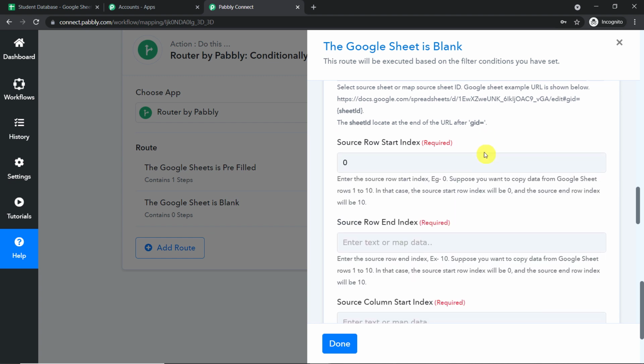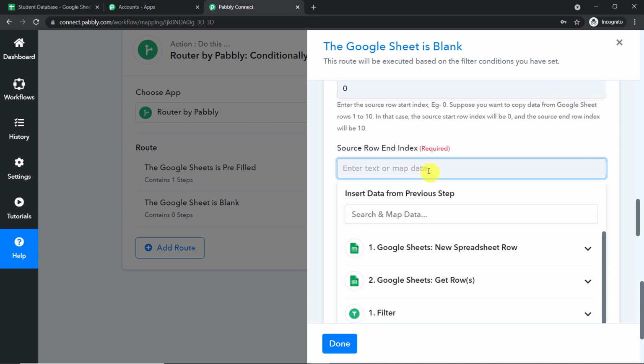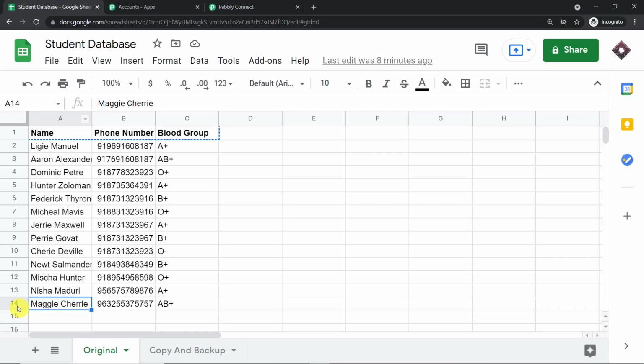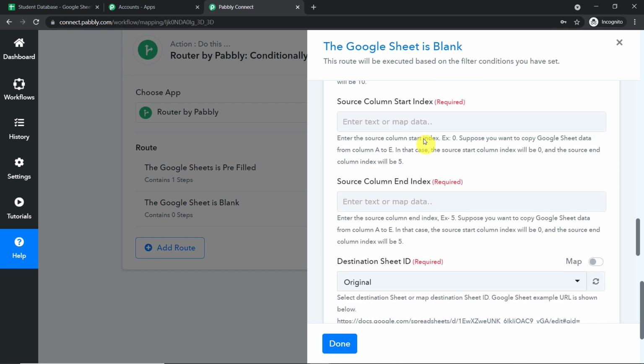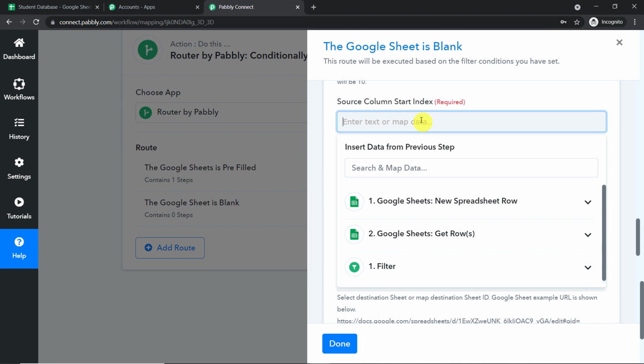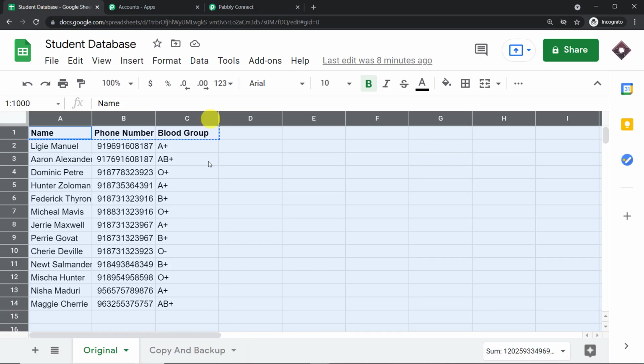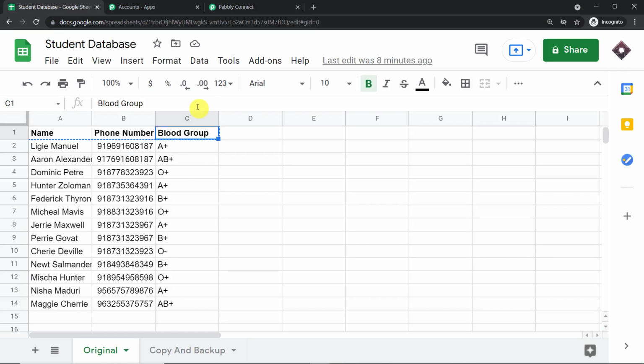Okay, and then the row end index, I think it is 14. Okay, so this is the last row, and the first row is 0, so that is 14. Then we have the source column as 0, and the last column is column C, that is column 3.